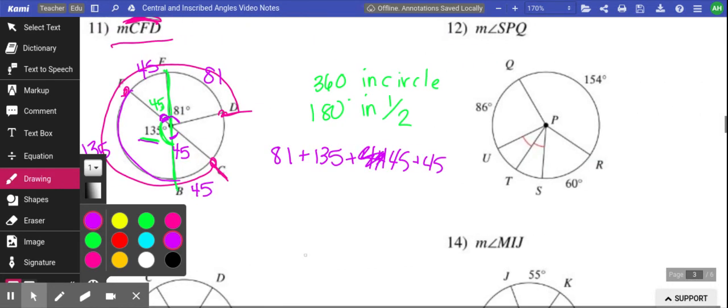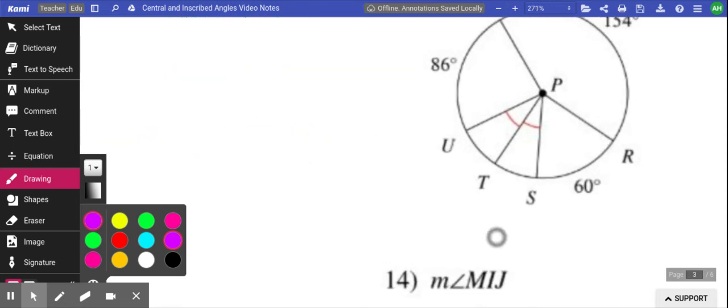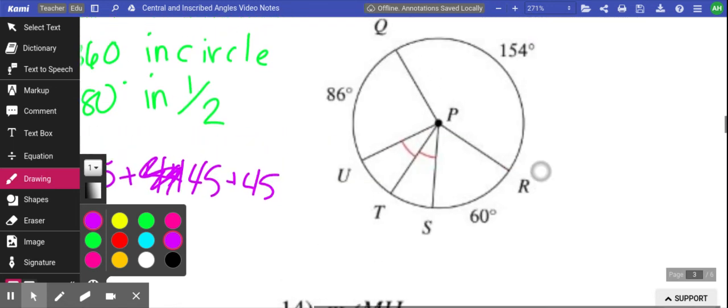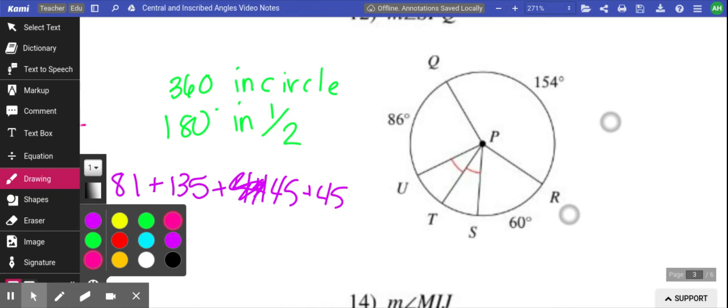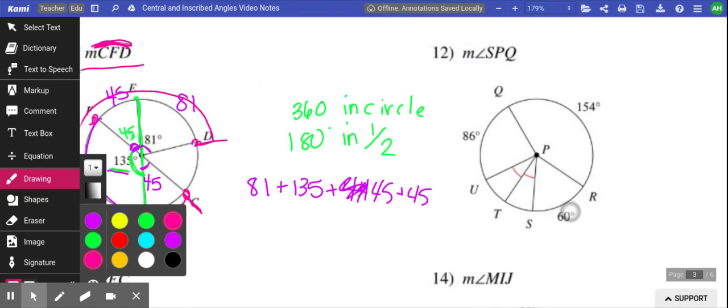Okay, so let's move over to this one. We already talked about how many degrees are in a circle. Well, let's see what we're trying to find first, actually. We're trying to find SPQ. So here's S, here's